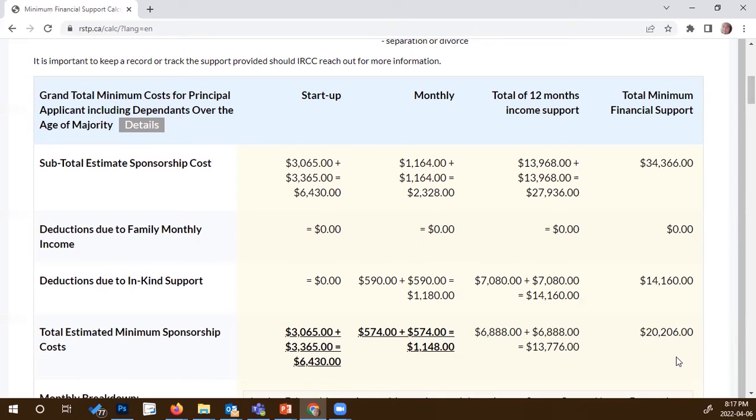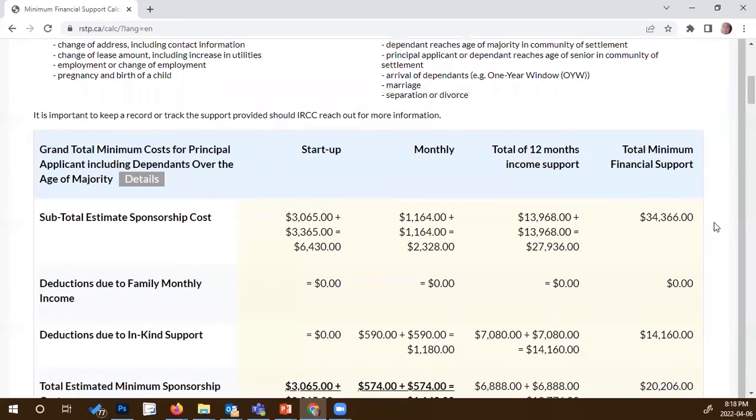Again, remember to have your proof documents on hand, because if you can't prove that the refugee lived in that space and that the party to the sponsorship, the brother, rents an apartment at that same address, then you will be responsible and legally liable for this $34,366 if you went into a case review by IRCC.